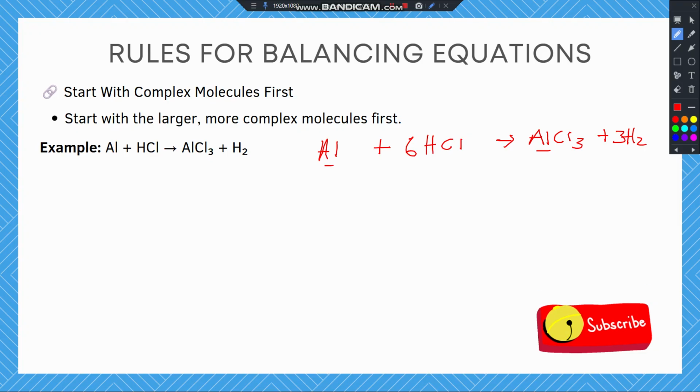So how about chlorine? Now at this point, chlorine is 6 atoms on the left and 3 atoms on the right. So now how do we make chlorine to be balanced? If we have 6 on the left and 3 on the right, we simply make it equal by saying this 3 times 2. So now the equation now becomes Al plus 6HCl giving us